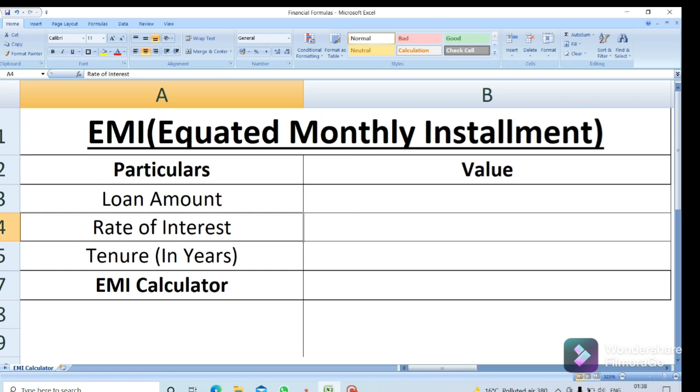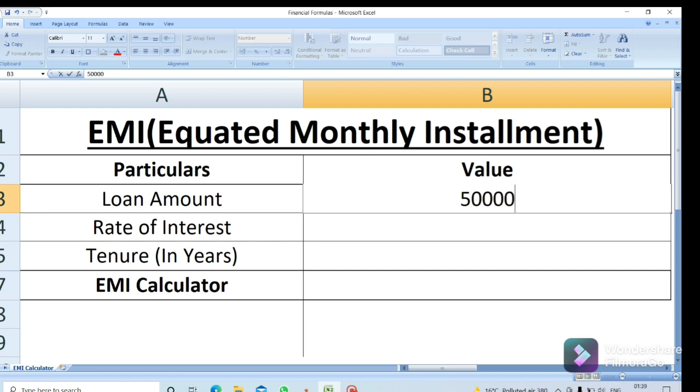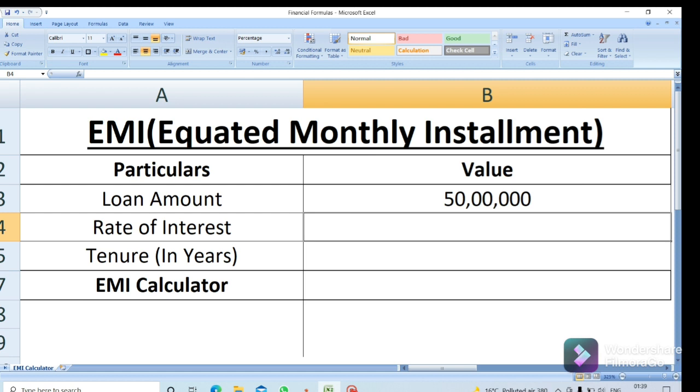So now I take an example. With an example we will come to know how to calculate EMI. For example, I take a loan for 50 lakh rupees, and that is a home loan, and the rate of interest I can assume to be 7%, that is 7% per annum, and the duration I take the home loan for, for example, is 25 years. So now I have all the three variables available with me: the home loan is for 50 lakh rupees, the rate of interest is 7% per annum, and the duration is 25 years.